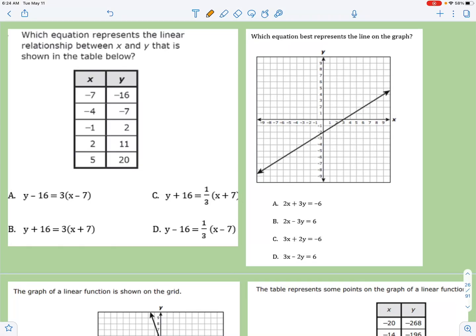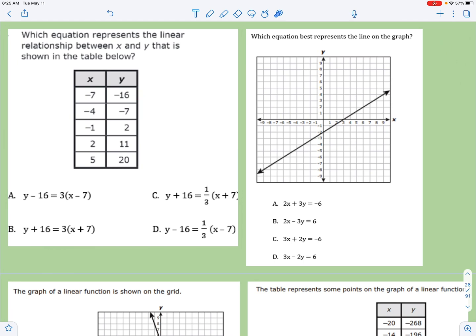All right, so this second part, this question over here says, which of the equations represents the linear relationship between x and y that is shown in the table below? All right, notice when we have a table, we could definitely plug it in the calculator, but observe the answer choices, right? They are in point slope form. Remember, you're going to have the formulas on the test, so you want to always observe the form that your answers are in. Since this is in point slope form, my recommendation is that we find the slope by hand